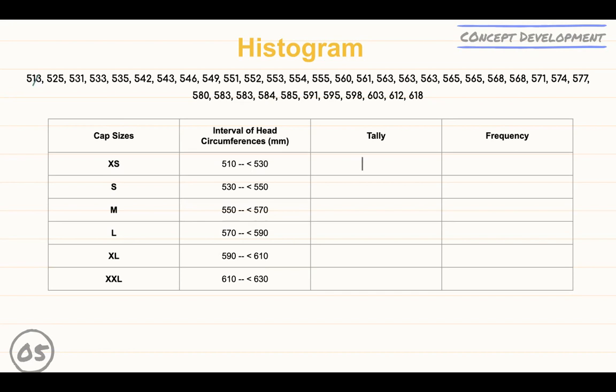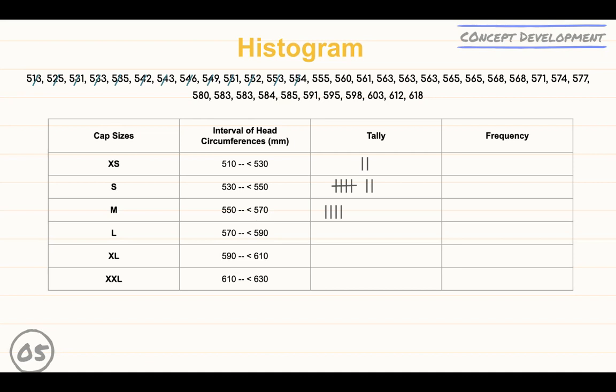So I have a tally for extra small for 513, a second tally for 525 because it's still less than 530. The next one is 531, so we're moving on to small. 533, 535, 542, 543, 546, 549. The next number in my data set is 551, which is greater than 550, so I move on to medium. 551, 552,